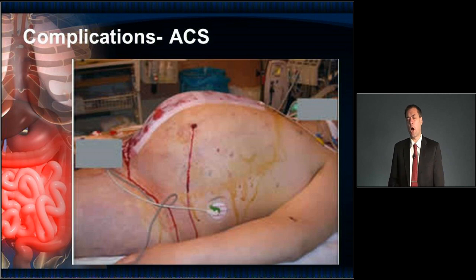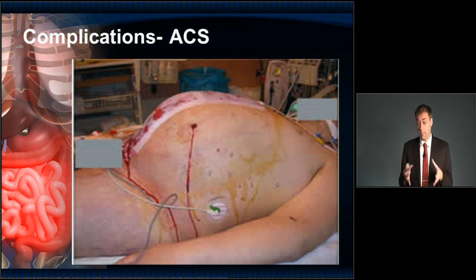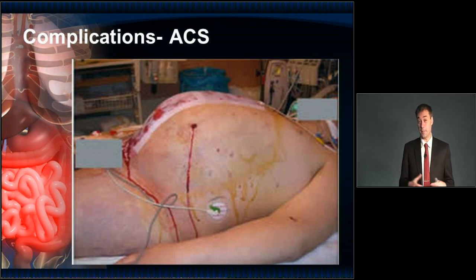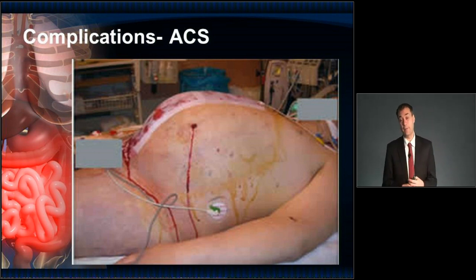Let's talk about one complication of abdominal trauma, and that's abdominal compartment syndrome, or ACS. The peritoneum is a tight space, just like the pericardium is, or just like a muscle fascia is. It can only hold so much volume. If the volume inside the peritoneum increases, it can compress everything inside and lead to ischemia of the gut and